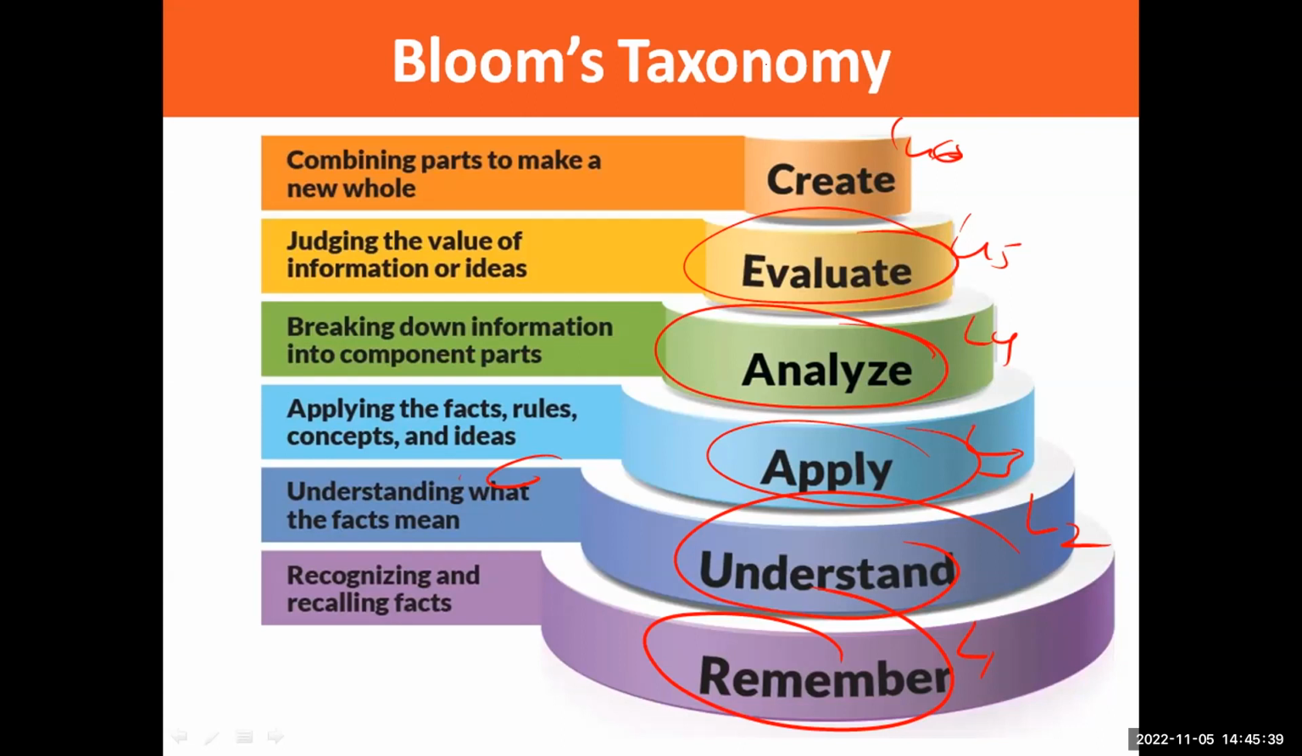Similarly, level number 4 is breaking down the information into components, into parts, is analyzing, then evaluating, judging the value of information or ideas. So levels 4, 5, 6 are said to be HOTS, higher order thinking skills. If we talk about this, these three are HOTS, and these three can be directly accessed